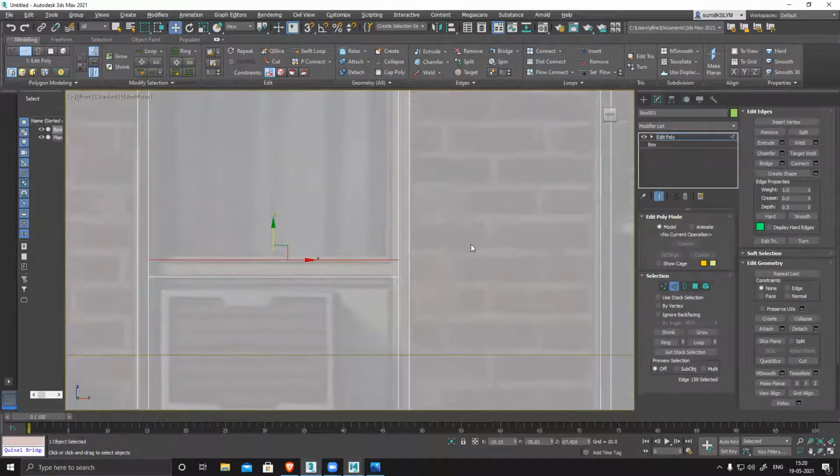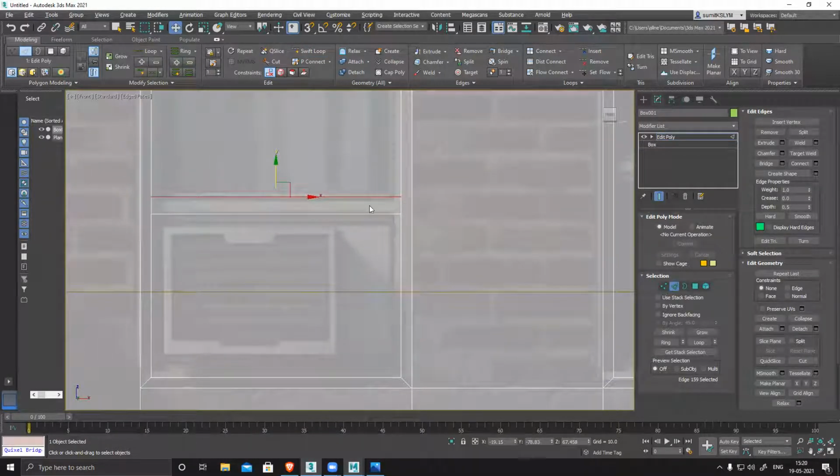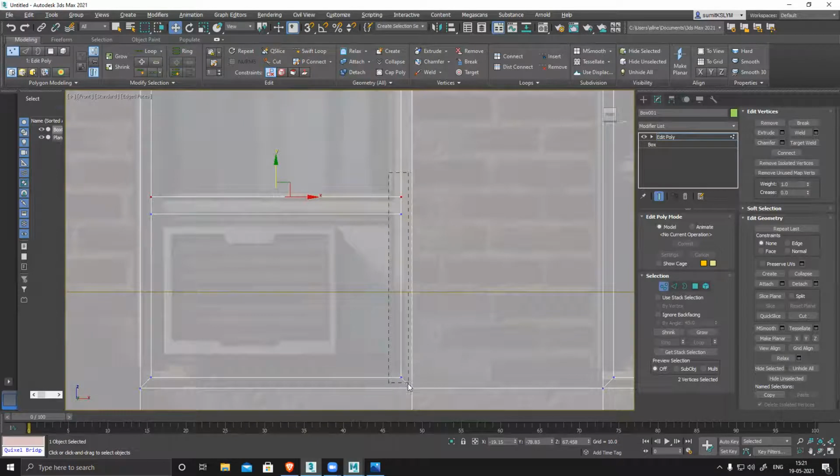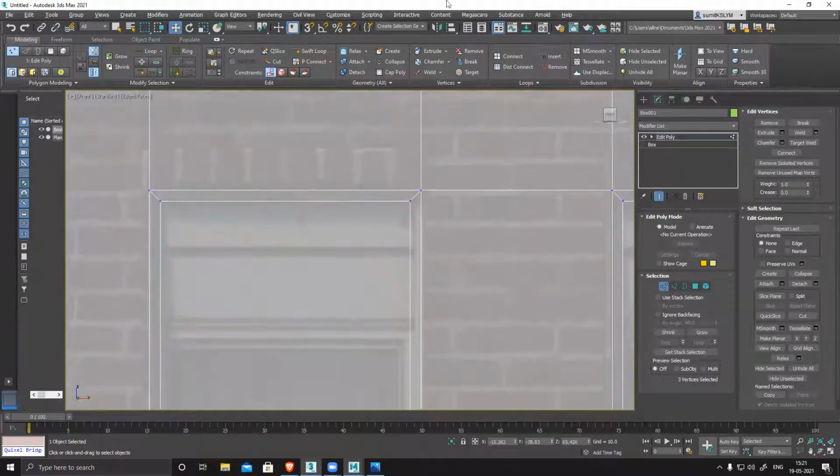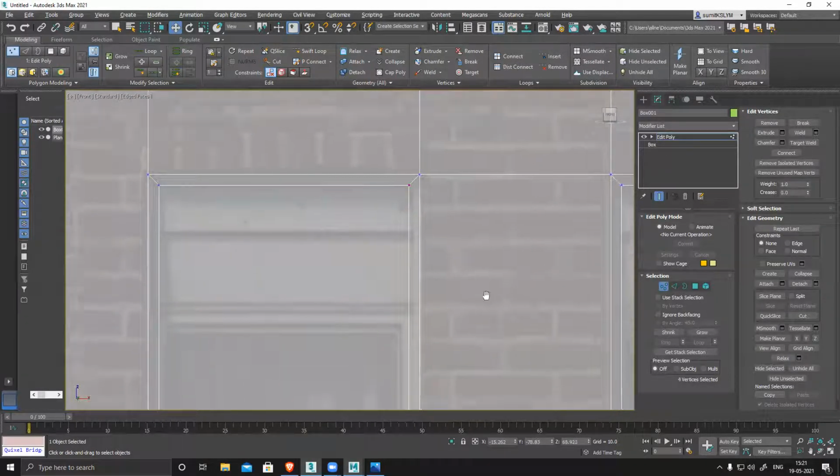Done. So these two things are on the same level. That's why I have selected this section and aligned it perfectly.